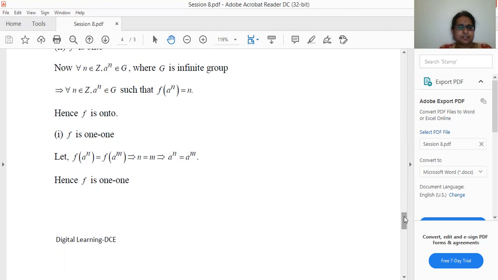Abelian group means, usually a group satisfies the closure law, associative law, existence of identity, existence of inverse. In addition to that, the commutative property has to be satisfied to call a group an abelian group. And only if the homomorphism exists can we find the kernel of the homomorphism. And in one problem, we have used G by K. G by K is nothing but the quotient group. The elements of the quotient group are nothing but the cosets.